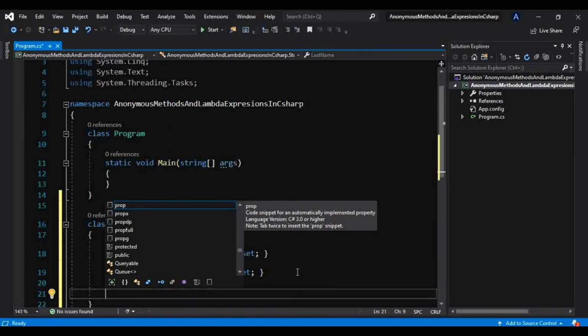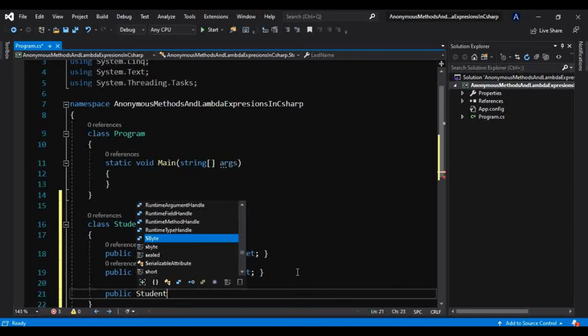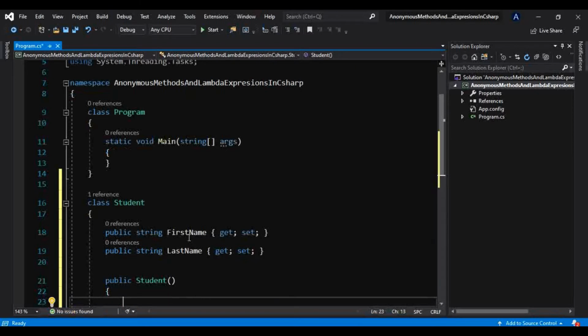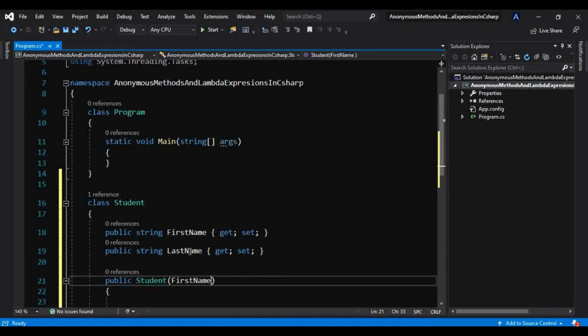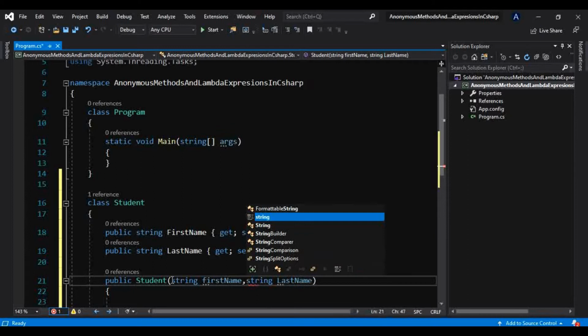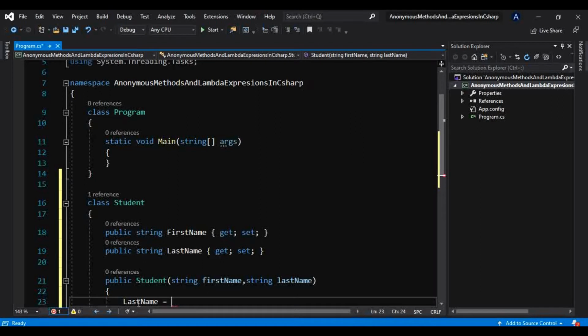I will take one constructor here, that is public Student, and in that we will pass the first name as an argument and the last name as an argument, and we will initialize them to our properties. So string first name, string last name, and we will initialize that to our properties.